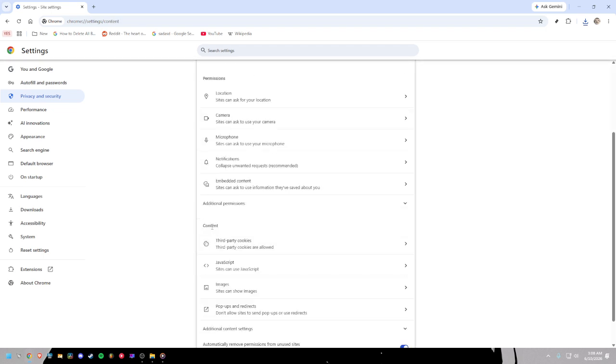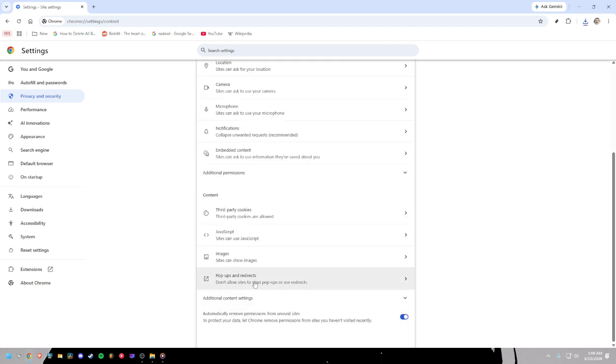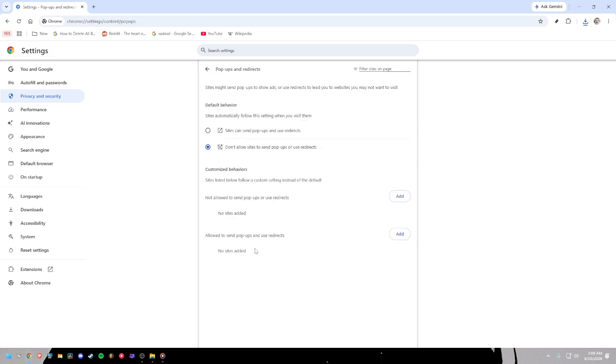In that section, click Pop-ups and Redirects. You are now in the correct place to control whether websites can open pop-ups or send you through redirects. Chrome gives you two main default behavior options here. If you want to block most pop-ups and redirects, choose the option that says Do not allow sites to send